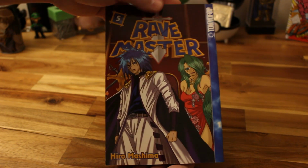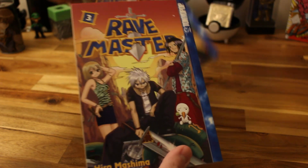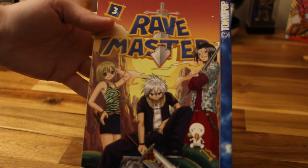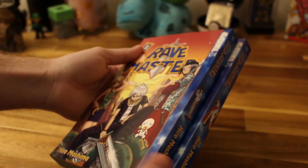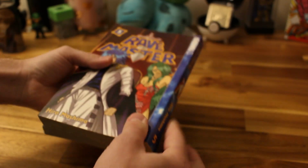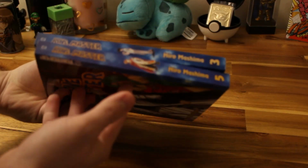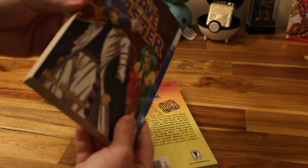I know a lot of people don't like Fairy Tail or Hiro Mashima, but can we just all agree that he's come a long way since this? Look at this. These covers are so ugly. They look like someone off DeviantArt drew them. They're really, really bad. The interiors are not as bad, I will say. I never remember the covers being so ugly. Like, I'll show you guys,